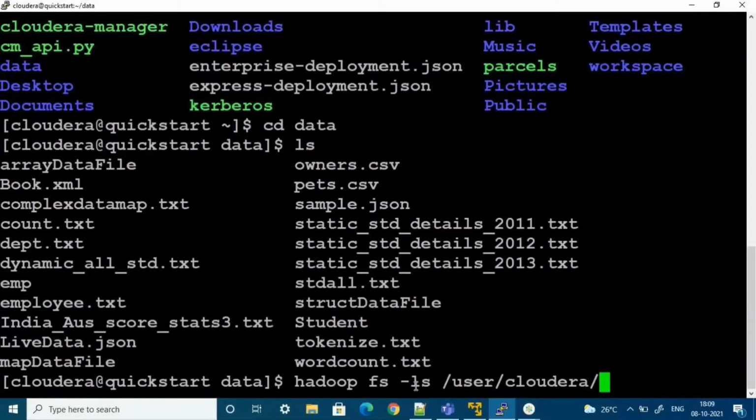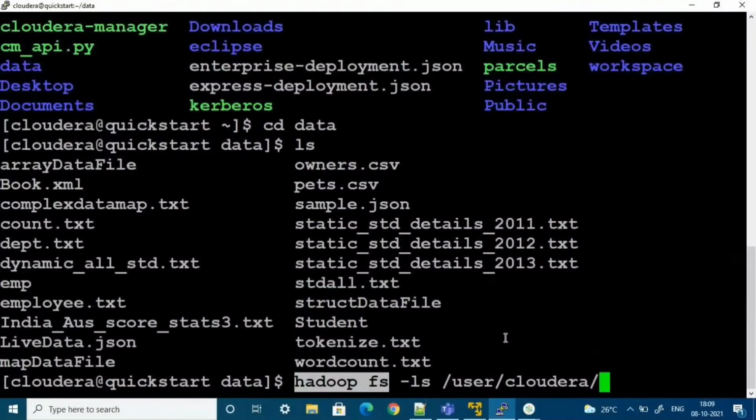Before ls we give a hyphen, and hadoop space fs is static. Whenever you want to execute any Hadoop command, you must give hadoop space fs. If your command starts with hadoop, it is a Hadoop command, and it will always look inside your HDFS path.